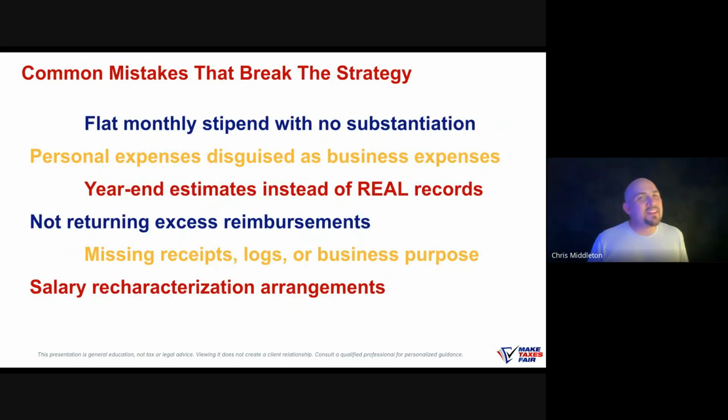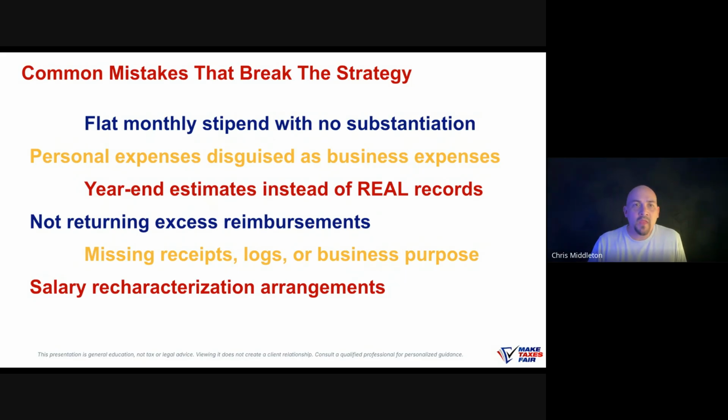The mistakes that break this strategy, folks, I see this all the time. Somebody pays a flat monthly stipend, $2,000, $1,000. Hey, I'm just going to do a flat amount every month, put it on autopilot, and never have to think about it again until you're audited. And then you have to defend that amount. And they say, that $1,000 a month you did, if you look at it, your expenses should fluctuate because, again, life is not nice and even. Life is odd. So you should be seeing a fluctuation in those reimbursements. That looks like wages that you're paying. Okay, now you have to pay income tax and payroll tax.